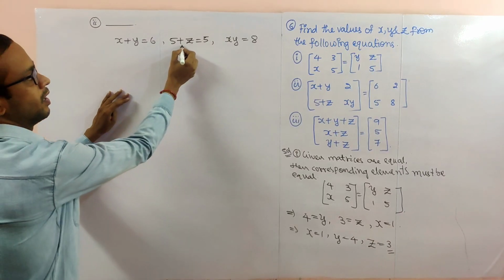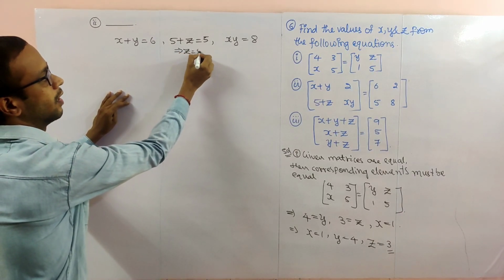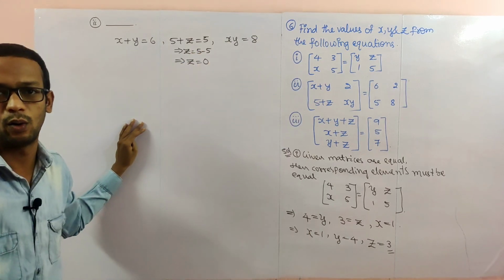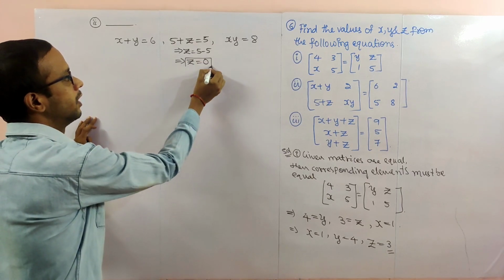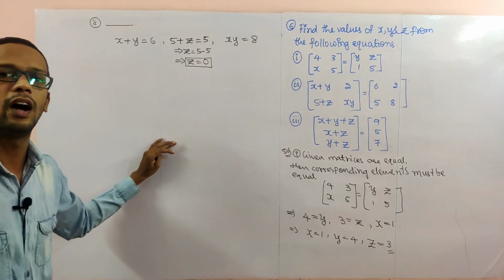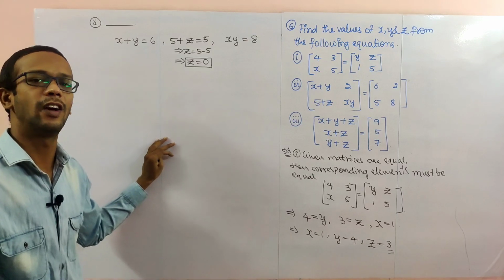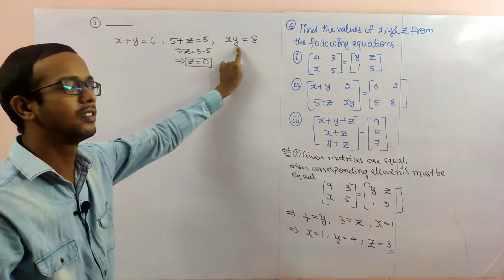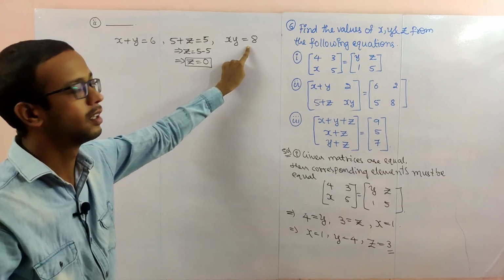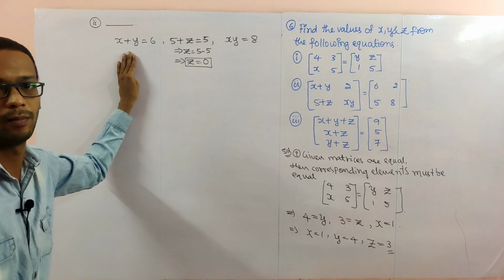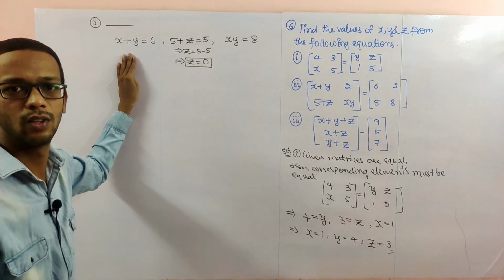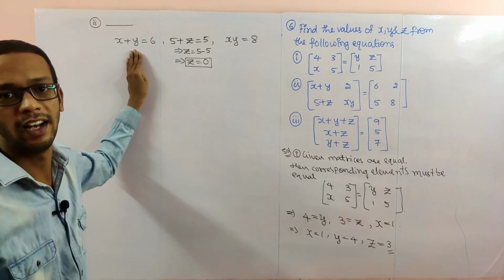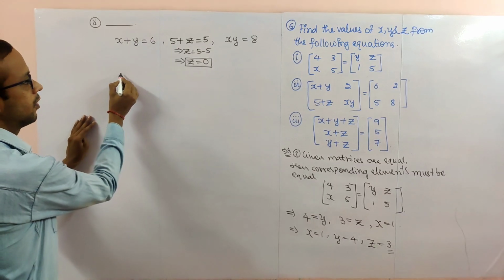Here very simple. This I will simplify first. z is equal to 5 minus 5. z is equal to how much you will get? 0. So the z value we have done. Now we have to find x and y values. We can do it in different ways. y is equal to 8 by x, that value we can substitute and simplify. That method also we can use. Or a plus b is there, a minus b we have to find. For a minus b, I will use that formula.